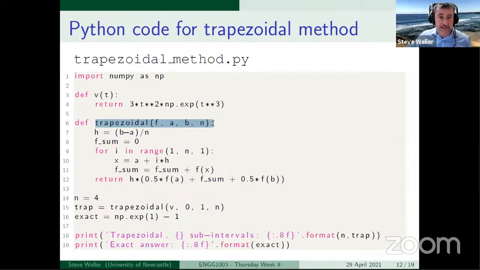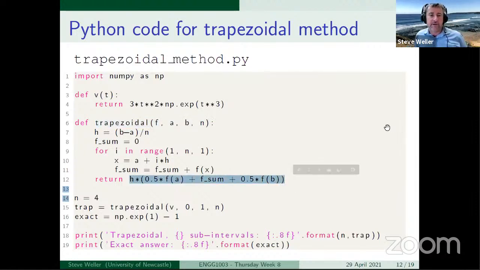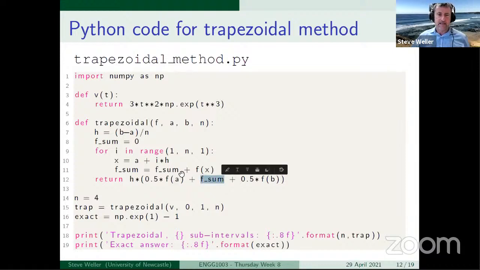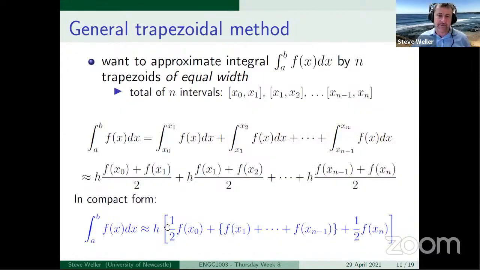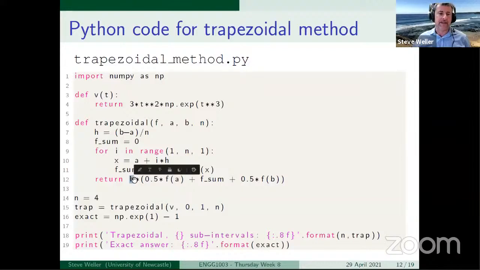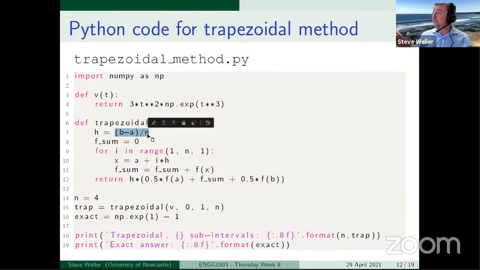So the trapezoidal function takes 4 input arguments, and what it returns is this expression that I've highlighted here on line 12. It returns the sum that we computed through the for loop in the middle, plus a half of the function value at the start, and plus a half of the function value at the end, the upper and lower limits. And that's exactly what this expression here in blue is. And we multiply it by h, and h